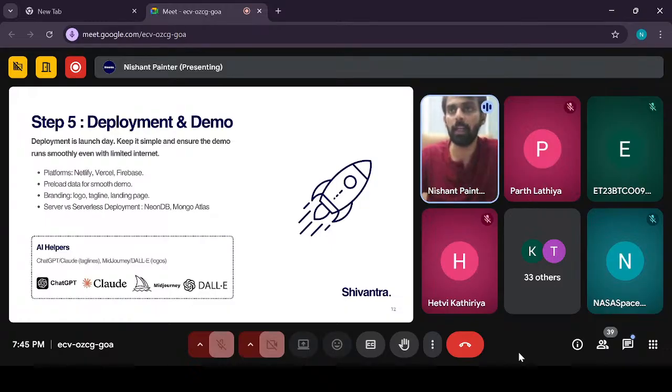Coming to the platform where you can deploy this. There are some available, right? And they come with free tiers, which generally are very suitable for your use case for NASA challenges. Few of them are Netlify, Vercel, Firebase. I would prefer Vercel over here because Vercel is quite popular. And if you decide to go with React ecosystem or Next.js, they have very good support for that as well.